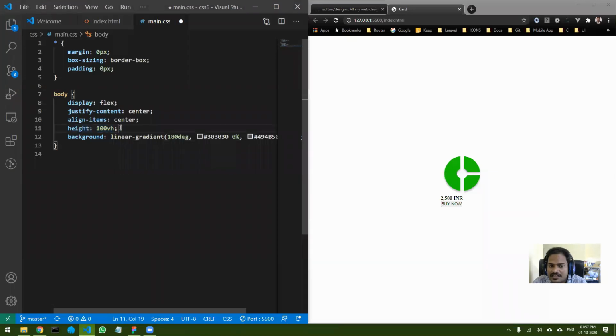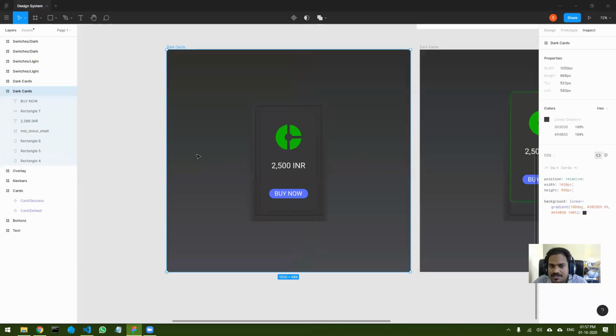In the center. Then I have changed the background color also. This background color I took directly from Figma, because once you design it in Figma, it is not a waste of time. Basically you are doing many of the things in Figma by drawing it on the artboard, so you are doing a lot of the work. I will show you how easy it will be to make this.